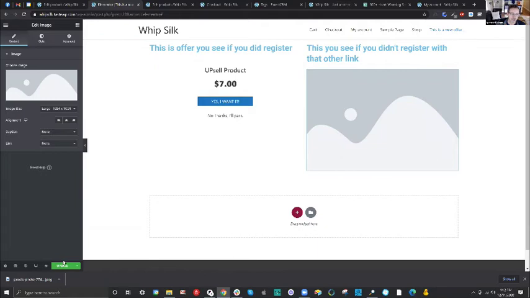All right. So the way we can test this is with WP Fusion. When you're in the administrator option, you can set it up where you can actually view it as if you had the right tags or not. And so what I love about that is you can set up